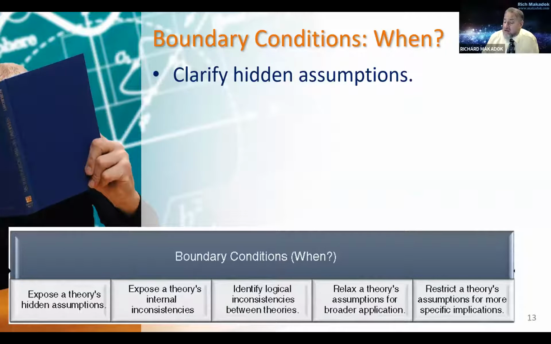Now, another way to make a contribution to theory using boundary conditions is to identify internal inconsistencies, right? Or logical inconsistencies in general. So if a theory's own boundary conditions are logically inconsistent with each other, then you've got trouble, right? There may be no conditions under which the theory actually applies, which would be a potentially powerful critique of the theory. So Slater and Spencer in the year 2000 published a paper, I think it was in SMJ, where